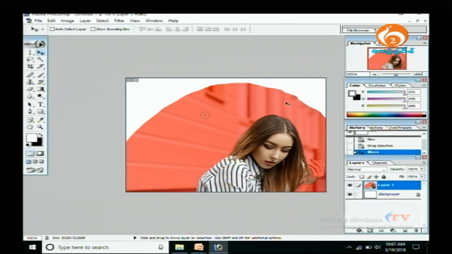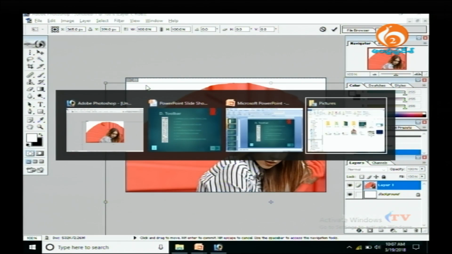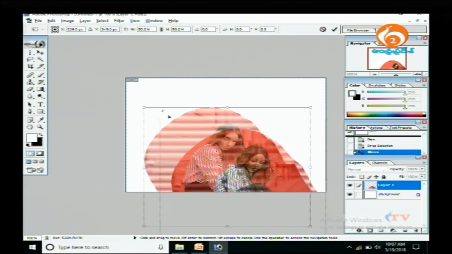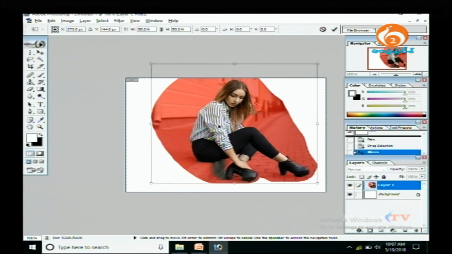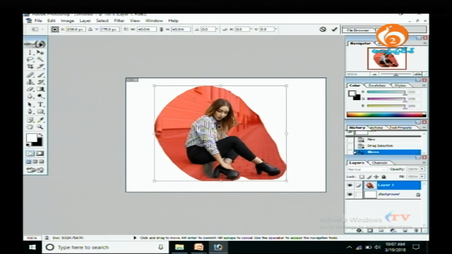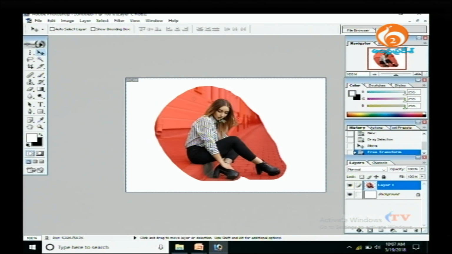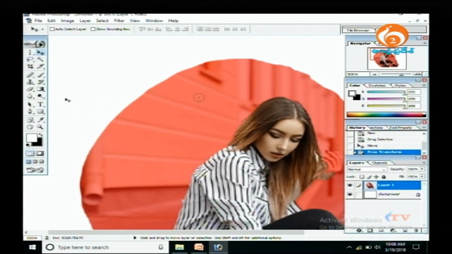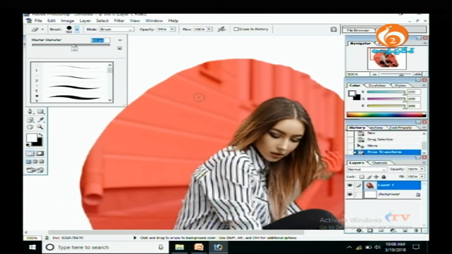See, now transform it. Okay, done. So I have cut the image with the help of the Lasso tool. So now I'll do some basic editing here, that is by, oh god, it's too big, isn't it? So I'll reduce the brush size,